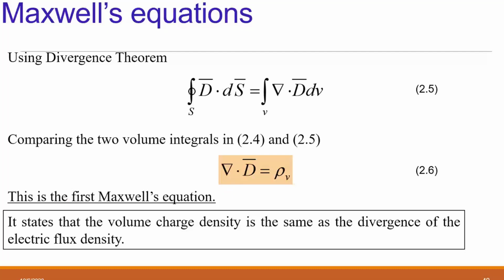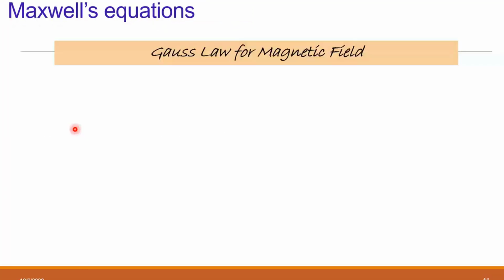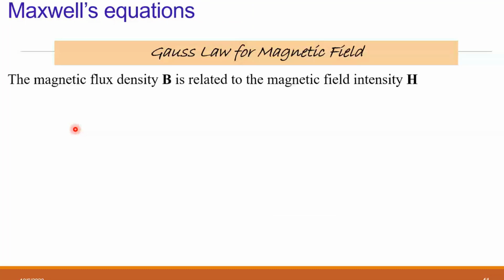Static charge is not dependent upon time. If it is moving with respect to time, then it will constitute a current. But here we are considering only static charges that are enclosed inside a volume. So the same equation is available for time varying fields. So this is the first Maxwell's equation for time varying fields, and which law is it derived from? Gauss law. So what is the equation? In point form, volume charge density is the same as the divergence of the electric flux density. So note down, this is the first Maxwell's equation for time varying fields.